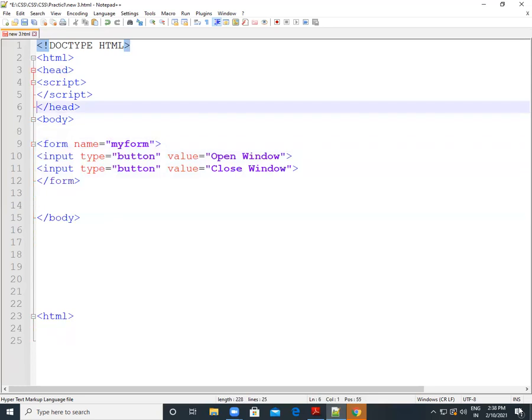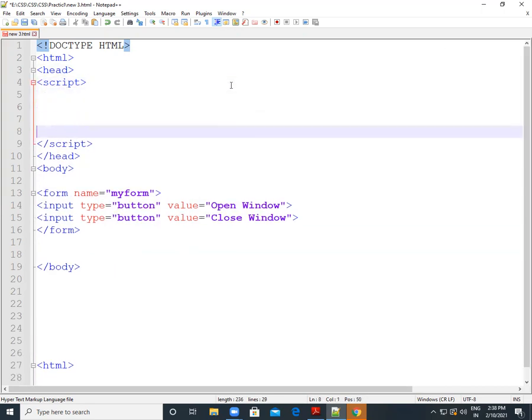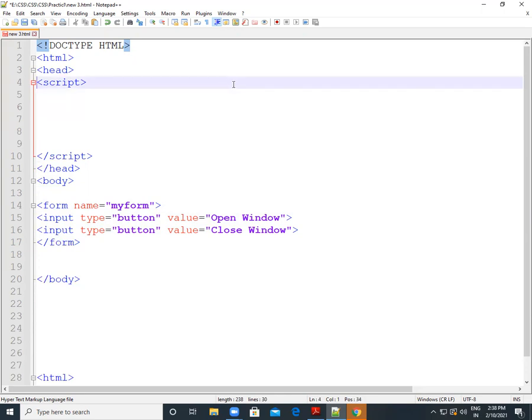Now for that we have to use some functions for the logic, and we know where we write that function: in the script tag. Correct. So in the script tag we will give some function for our logic, and our function name is function open new window. So function open window function.